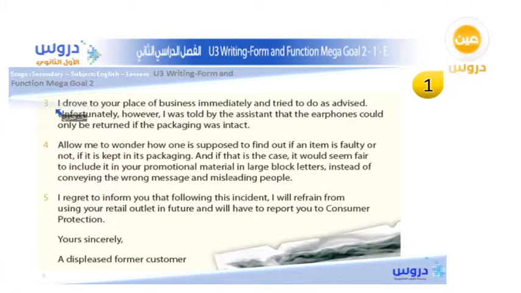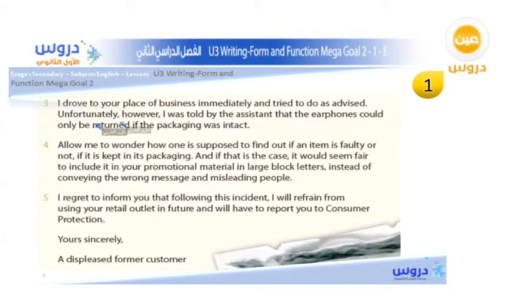So in the third part, I drove to your place of business immediately and tried to do as advised. Unfortunately, however, I was told by the assistant that the earphones could only be returned if the packaging was intact. Okay, so this is a problem. If you return the item with, let's say, good packaging, that it was not opened or misused, then it will be acceptable, but not